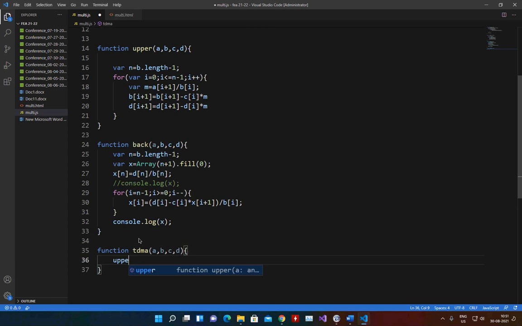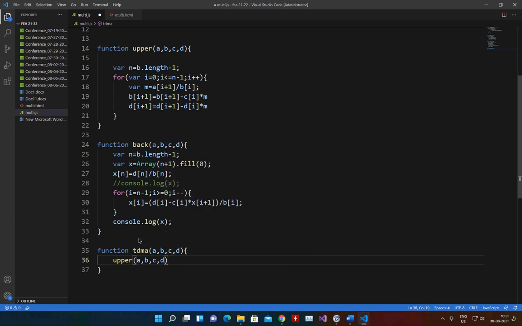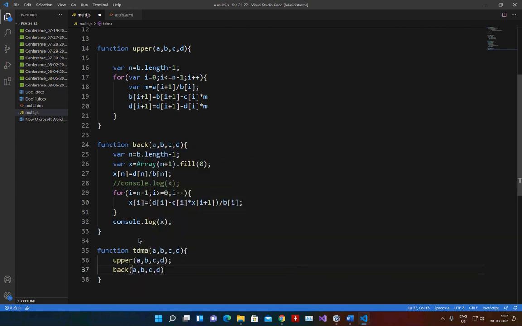So first I will call upper A comma B comma C comma D, and then I call a back function where A comma B comma C comma D, I will get it. Yeah. So that's it for the program.